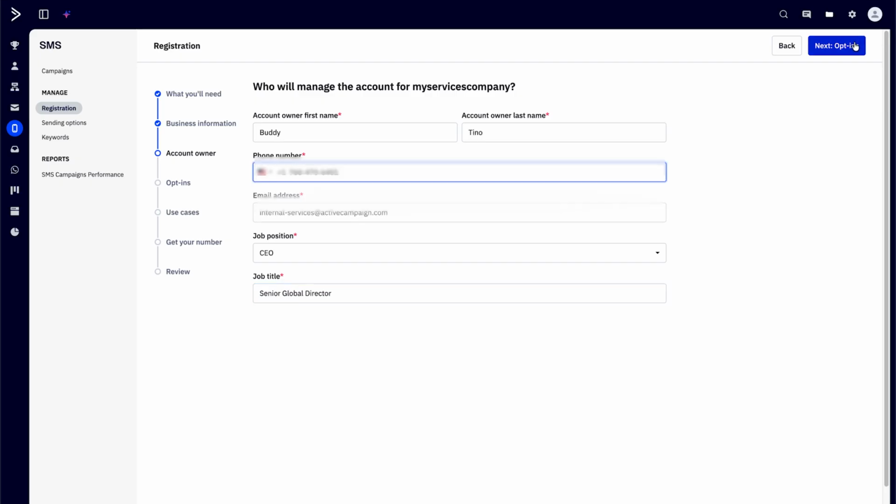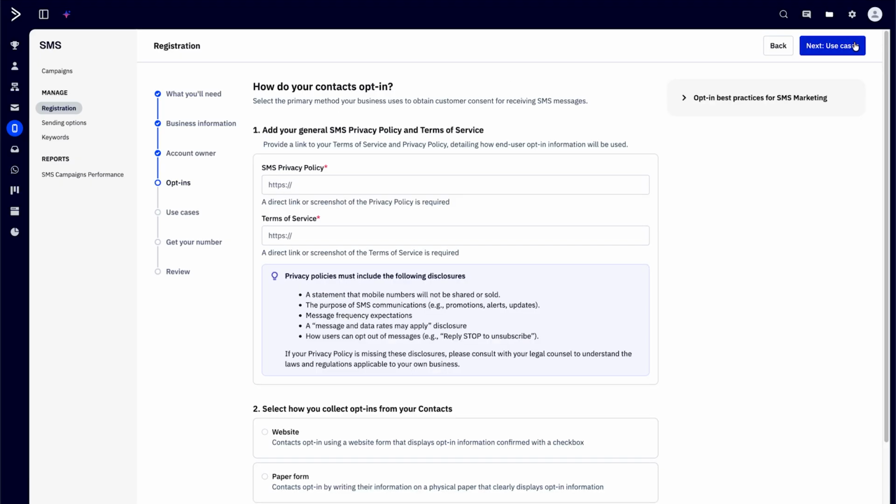Next is the opt-ins page. Provide a link to your SMS privacy policy and terms of service. And this one's critical. Your privacy policy must explicitly state that you will not sell contact phone numbers. And you must also have a terms of service. Without these, your registration will not be approved. If you need to pause now and go create this on your website, you can do that without losing any